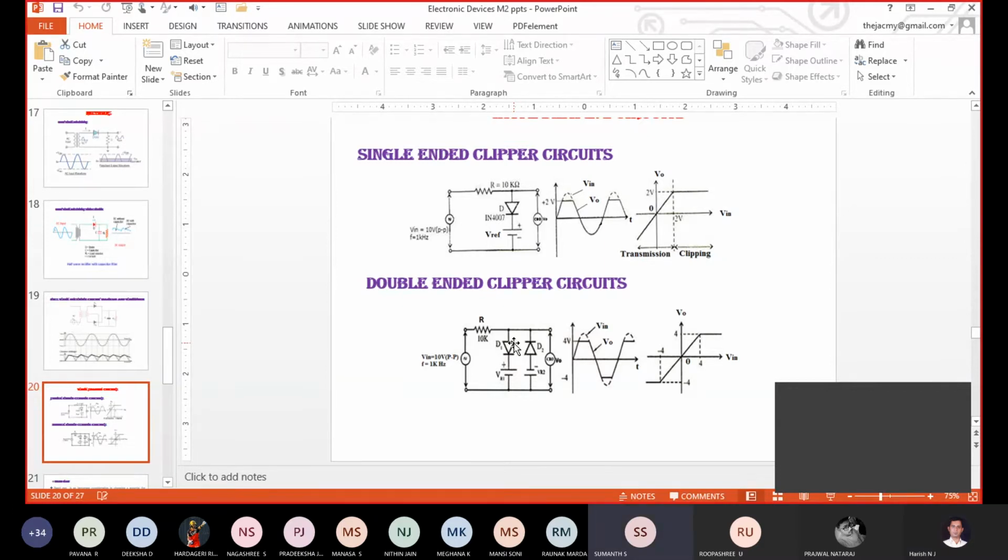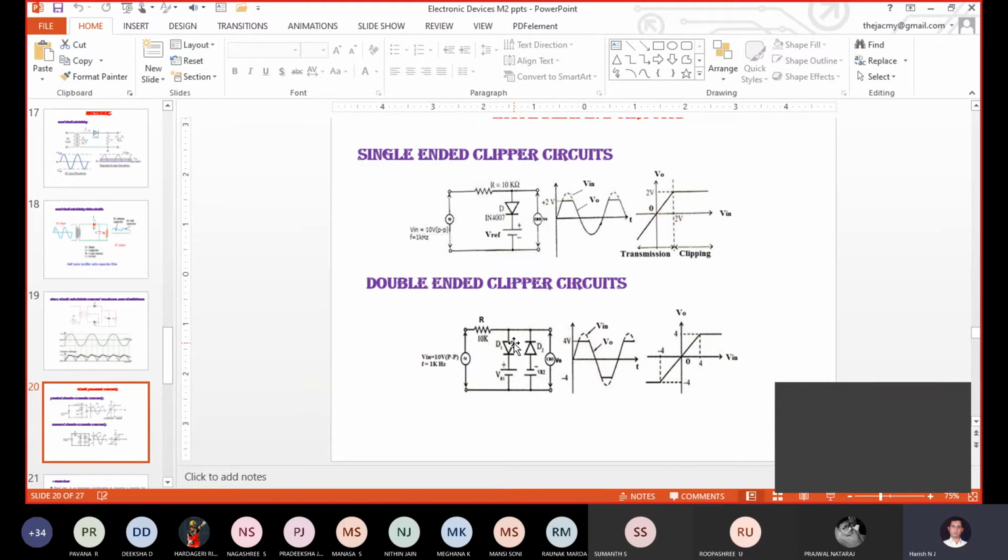Sir, yes, the diode. The cut-in voltage of the diode will be fixed, right? Once you take some diode for designing a clipper circuit, its cut-in voltage will be equal to 0.6 or 0.3 or 0.5. Definitely that parameter will be fixed, right? Yes sir, that parameter you need not change. Then how we set the position for clipping at 2 volt, 3 volt or 4 volt depends upon our requirement.